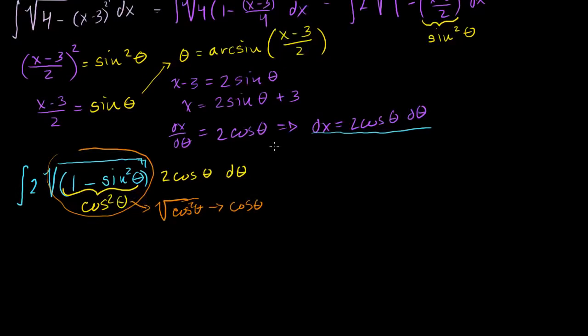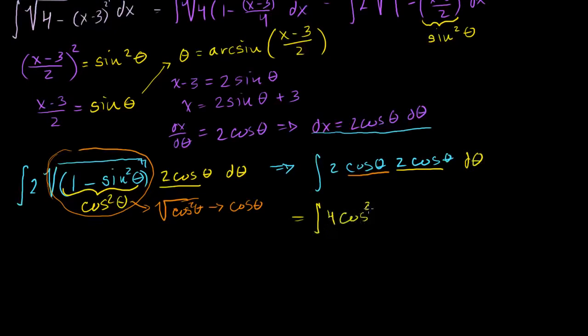So our integral is equal to 2 times the square root of cosine squared of theta, so that's just 2 times cosine of theta, times 2 cosine of theta d theta. That's that one right there. This is this, and all of this radical sign, that's this right there. This 1 minus sine squared was cosine squared. Take the radical, you get cosine. And then everything times d theta. Now this is equal to 4 times cosine squared of theta d theta,